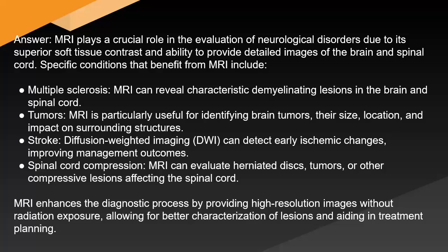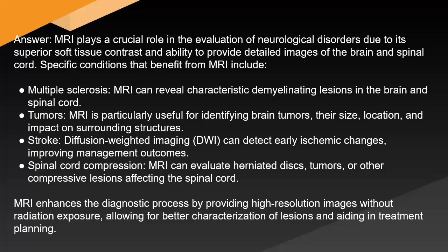Tumors. MRI is particularly useful for identifying brain tumors, their size, location, and impact on surrounding structures. Stroke. Diffusion-weighted imaging (DWI) can detect early ischemic changes, improving management outcomes. Spinal cord compression. MRI can evaluate herniated discs, tumors, or other compressive lesions affecting the spinal cord. MRI enhances the diagnostic process by providing high-resolution images without radiation exposure, allowing for better characterization of lesions and aiding